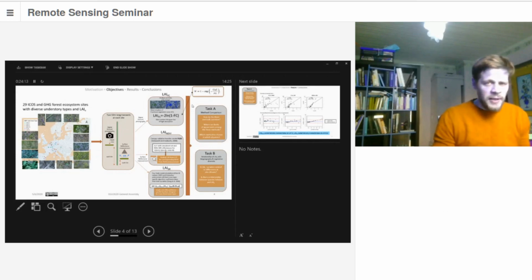So the first one is based on the fractional vegetation cover. It's basically the Beer-Lambert law of light absorption, and the formula is given here as -2 times the logarithm of 1 minus the fractional vegetation cover, which is based on this function here in the upper right corner. I think if Andres is in the audience, he will know this equation quite well. So just to explain briefly how we come to this equation.